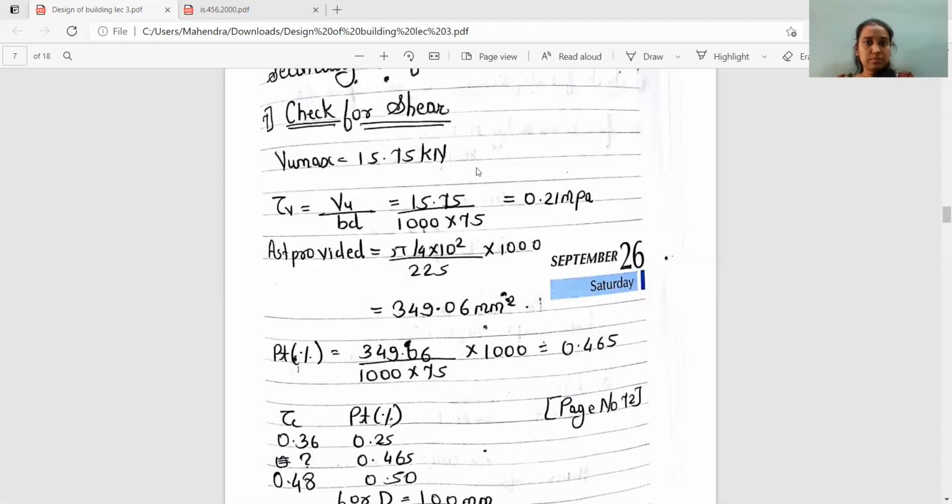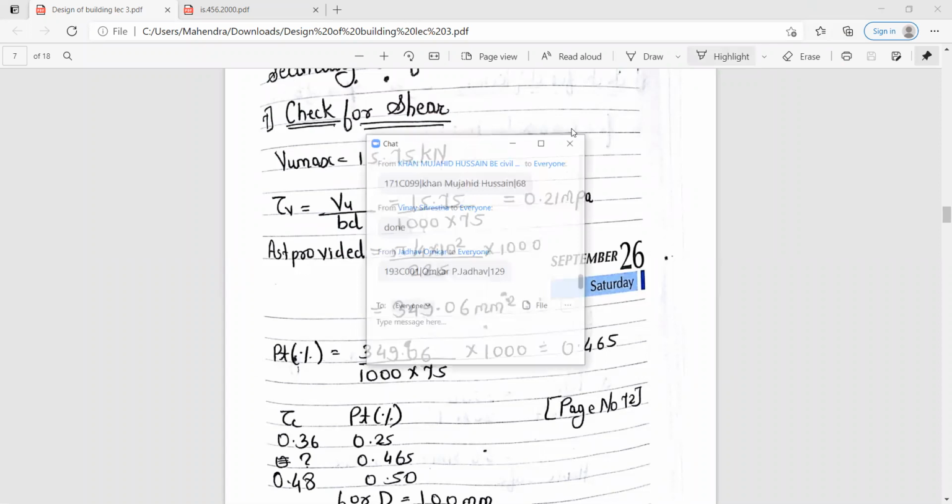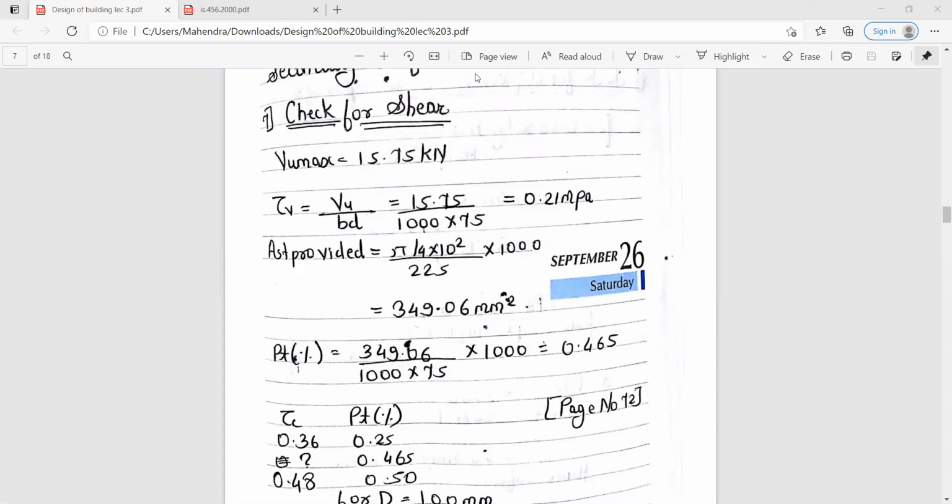Everything is clear up till now. After completing, let me know.